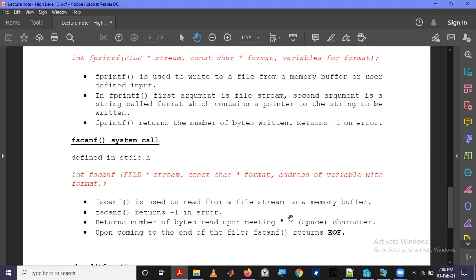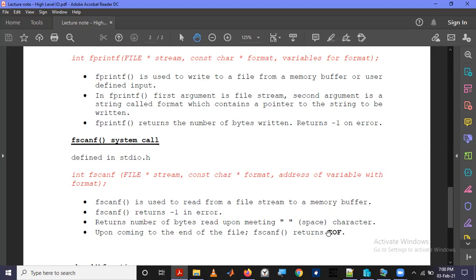Then if you want to read more, you have to call fscanf again, and you have to continue it until the end of file is reached.